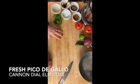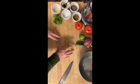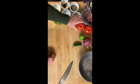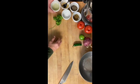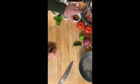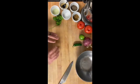Okay, so today we're going to make pico de gallo or fresh tomato salsa. What I have here is jalapeno, red onion, some fresh already cored tomatoes, fresh cilantro, already squeezed some lime juice, already chopped some garlic, salt, pepper, and cumin. So what I'm going to show you today is how to cut everything up, put everything together, and prepare it